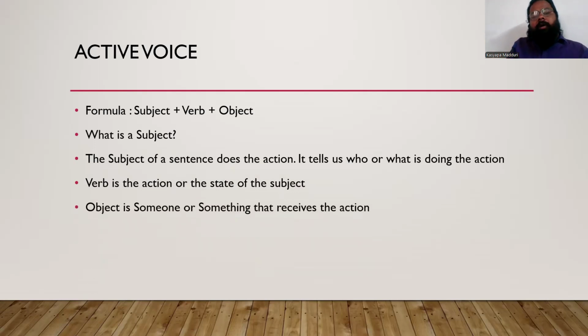And what is the object? Object is someone or something that receives the action, right? You must know in Newton's third law, every action has an equal and opposite reaction, but every action should have something or someone to receive it. You can't do actions emptily, right? So that is your object. All right. But remember, every sentence will have an object, but it does not necessarily need to have a subject. How, sir? How can a sentence be without subject? That also we will see in this class.